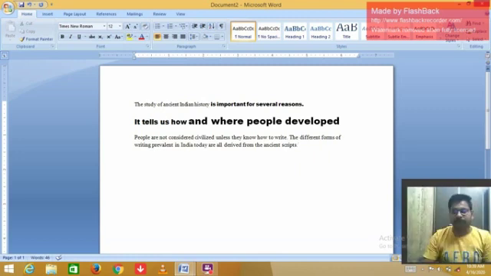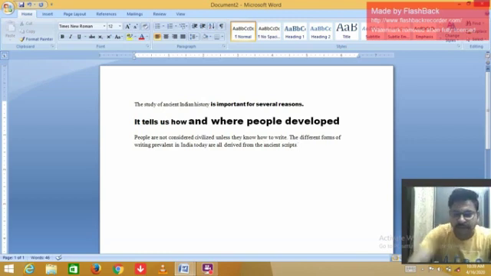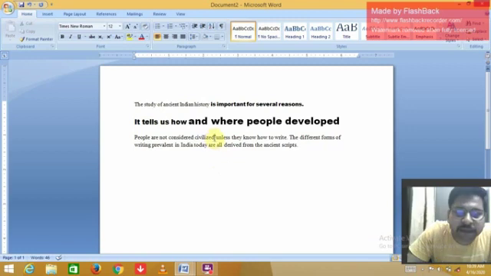So steps are, if you want to make the text bold, first of all you select the text. If you want to select the word civilized, bring the cursor over there and click the left mouse button and drag over this word.